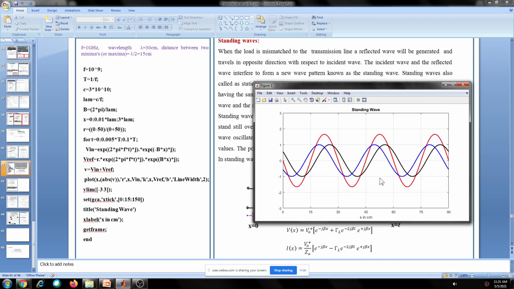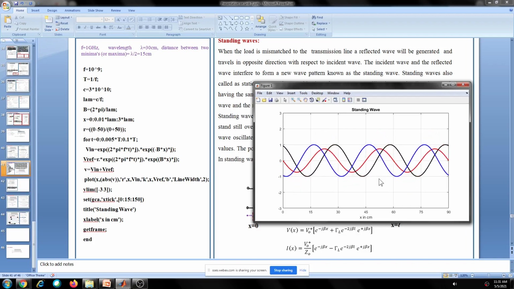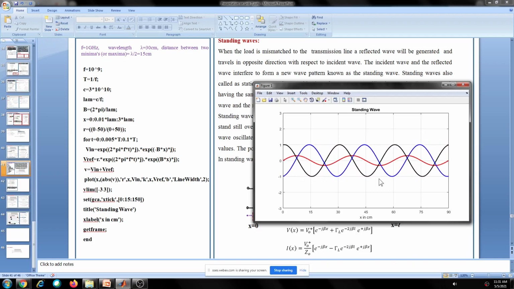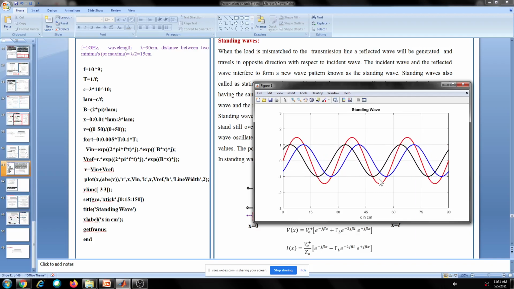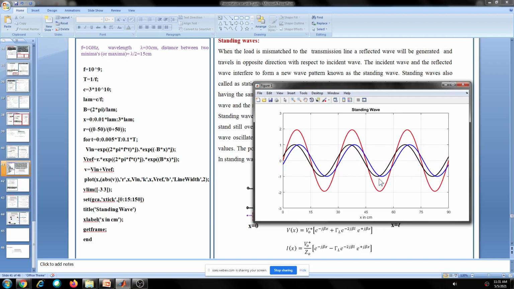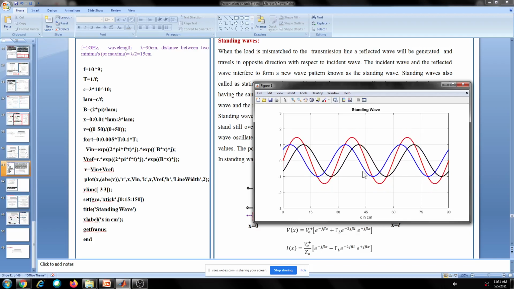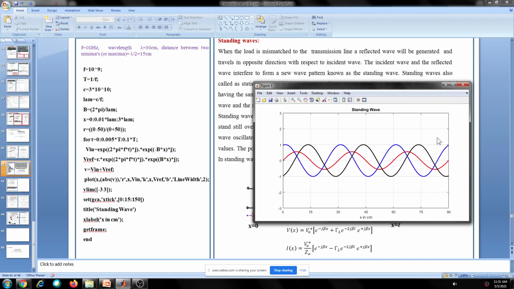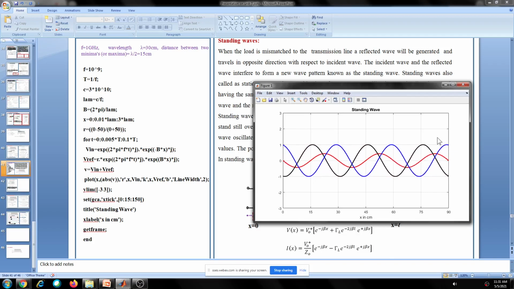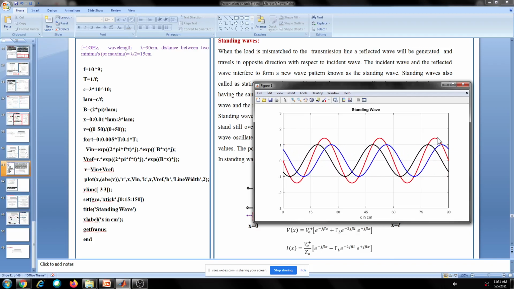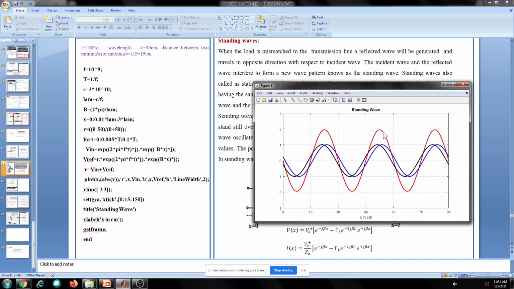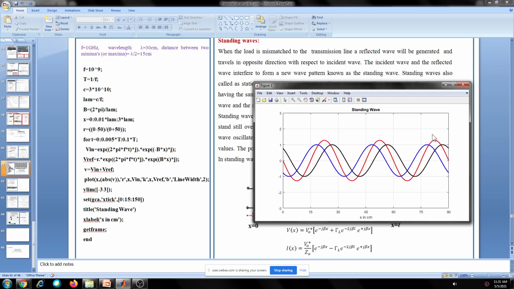It is not only in electromagnetics. If you take any kind of wave, if there are two waves moving in opposite directions with the same frequency, the resultant of the two is like a wave that doesn't move at all over a line. With respect to time, it does not move. It looks like it stands still over the line. That's why it is called a standing wave.